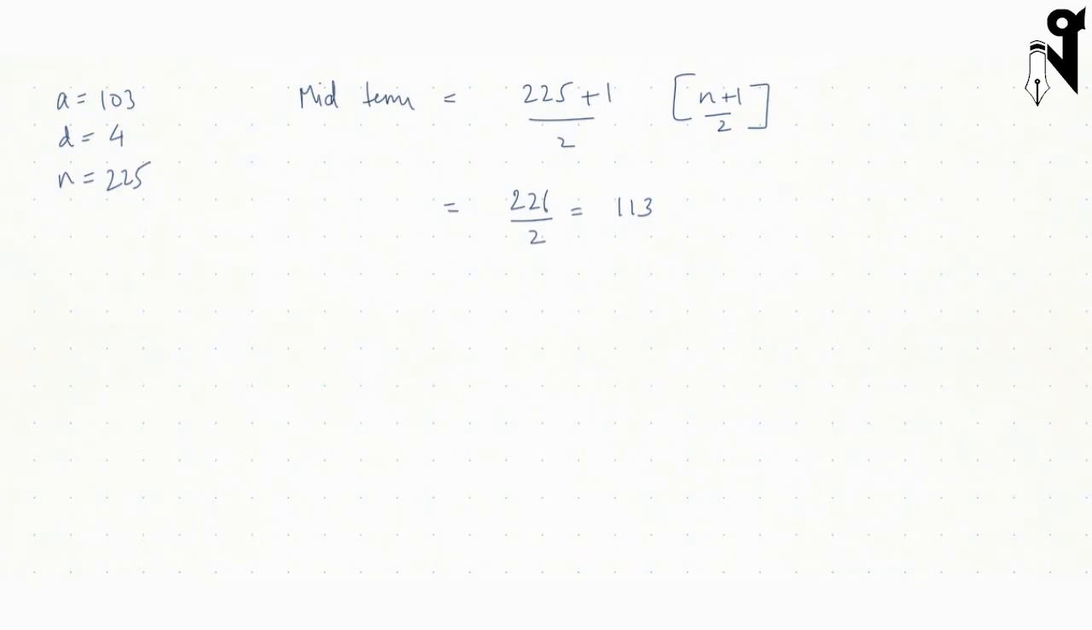It's going to be, I'll write T113. The subscript is for which term it is. T113 is 103 plus 113 minus 1 times common difference, which is 4. So this happens to be 100 plus 112 into 4, 448 plus 103, 551 is the answer. Okay, always, in a question like this, which is quite a long question, always try